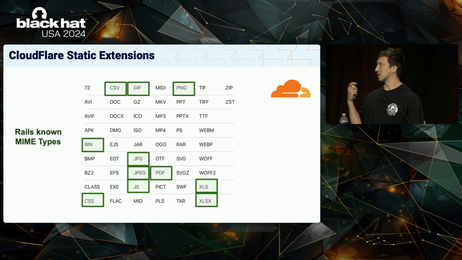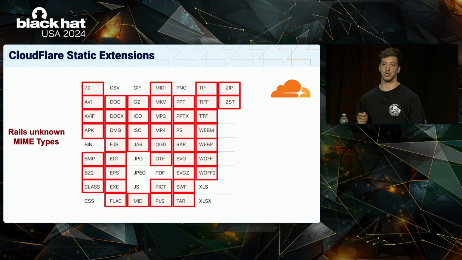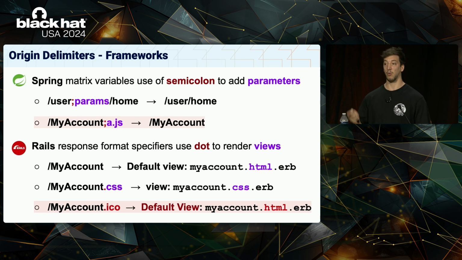These are the static extensions that we saw that are accepted by Cloudflare. And also, in green, you can see the extensions that are known by Rails. So if we send something like my account.png or JS or CSS, then Rails is going to look for that view. And if it's not there, then it's going to just return an error. But these are all the other extensions that are not known by Rails and that are going to be responded with the HTML view. So if we send something like my account.ico, which is going to be stored in the cache because it's a static extension, then Rails is just going to load the HTML view, and we will be able to use it as a delimiter to